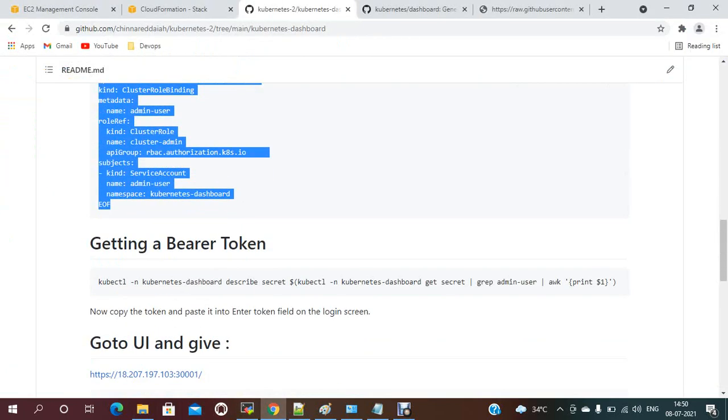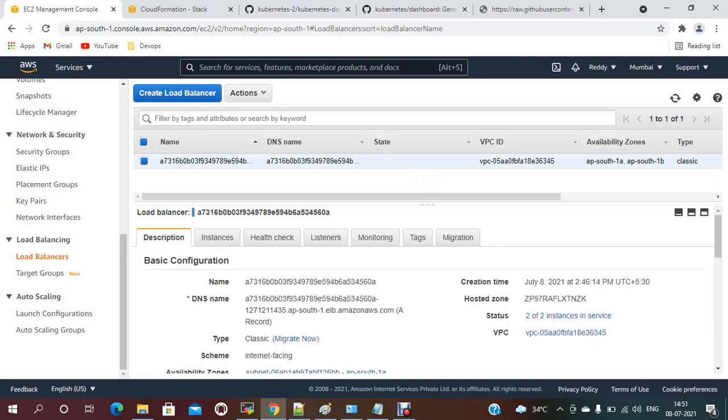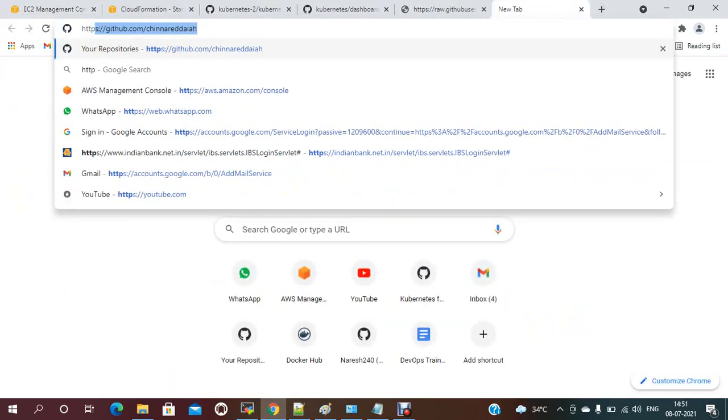Now we need a token, some certification kind, right, to access from the UI. When you open it initially, it will be asking for some key. So we just need to generate the token for that. Now it should be in services. You just need to go here and take this one. It should be 443, right? The port number, so that you can open it over HTTPS.